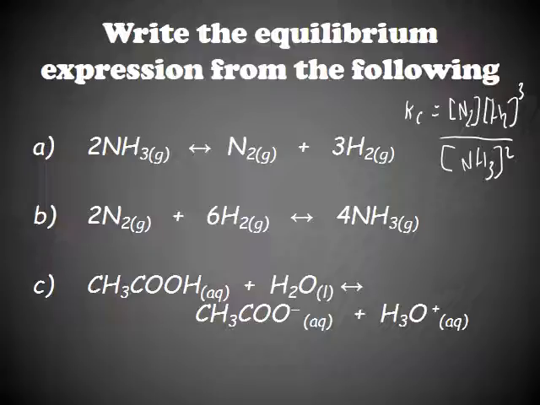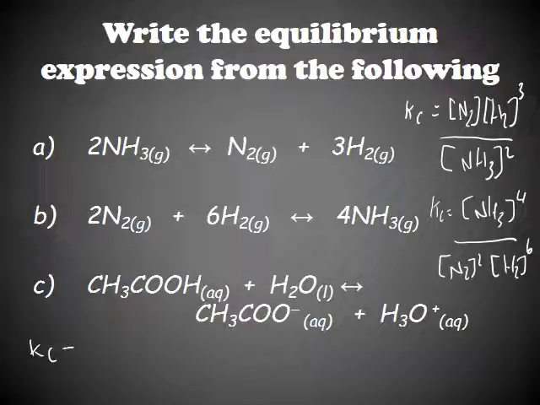The next one, Kc will equal the concentration of ammonia again, this time to the power of 4, divided by the concentration of nitrogen squared times the concentration of hydrogen to the power of 6. So the concentration of hydrogen has a big effect on that reaction quite clearly, to the power of 6. Okay, and for the final one,